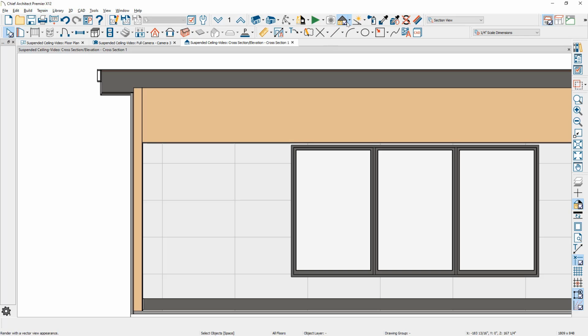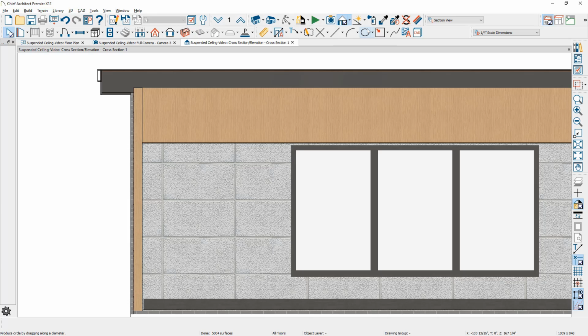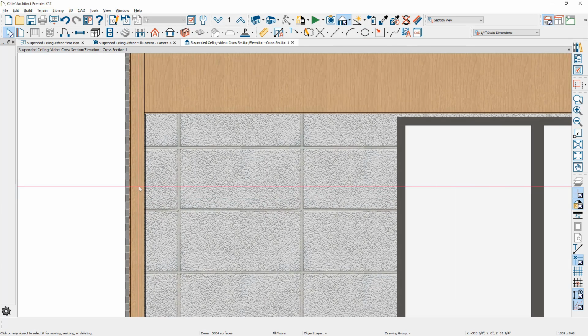Let's go ahead and change the camera to the standard camera view. And then the next thing I'm going to do is toggle on my crosshairs so you can see exactly what we're going to do to measure this. First step I want to figure out is what's the distance between the sheetrock finish and this grid on the